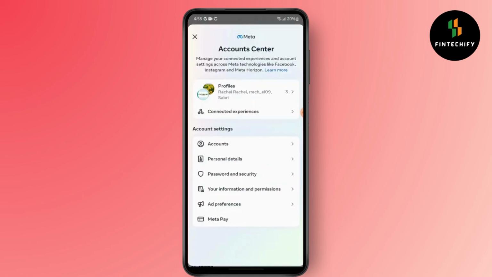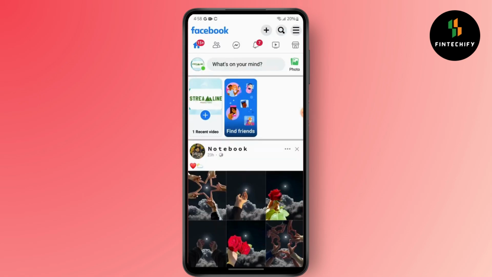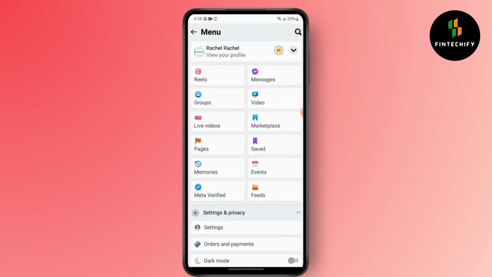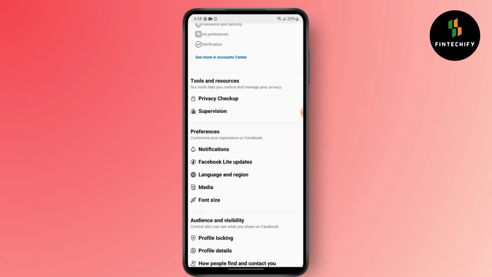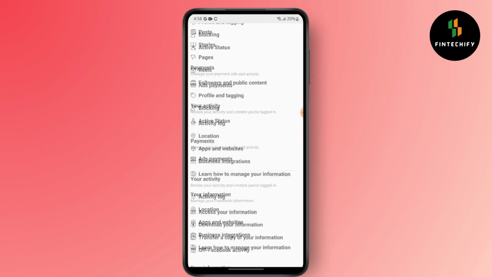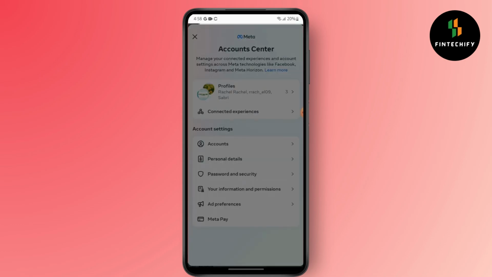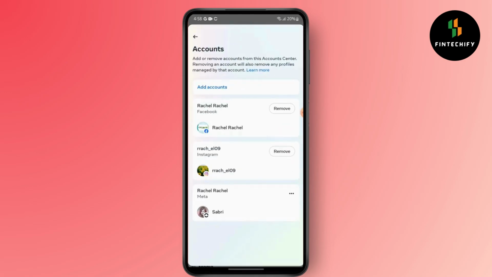So first open your Facebook Lite, then tap on the menu bar from the top right corner. After that, go to settings, then go to account center. Now go to profiles and then